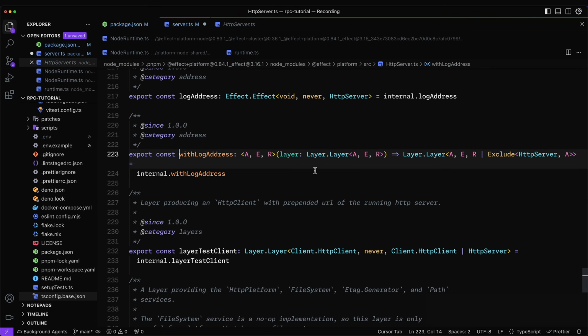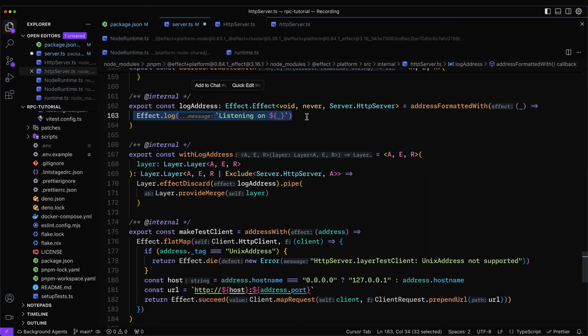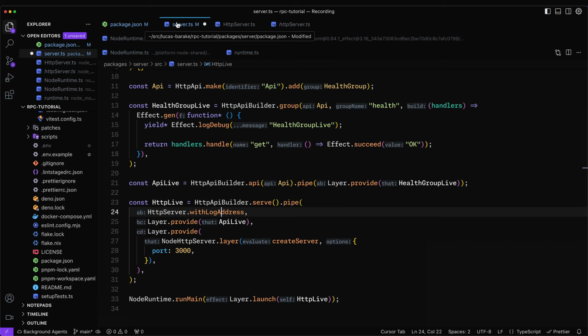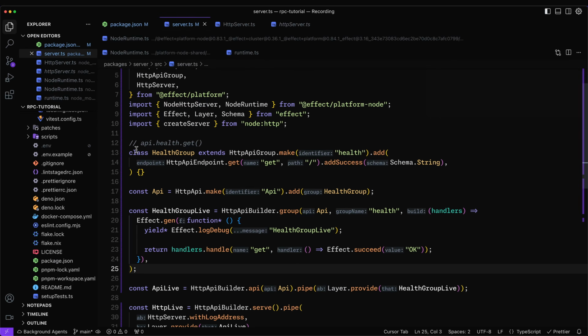So as we can see here, it takes in the layer and it is going to do an Effect.log saying listening on and then the port, or not the port, but the address. So they use Layer.effectDiscard, which is a way for you to run an effect, but since this is not going to succeed with any service and implementation, you just want it to log, then you can just discard it. As we can see here, it constructs a layer from the specified effect, discarding its output. And that's it. So with this, if I save this, we should be good to go,